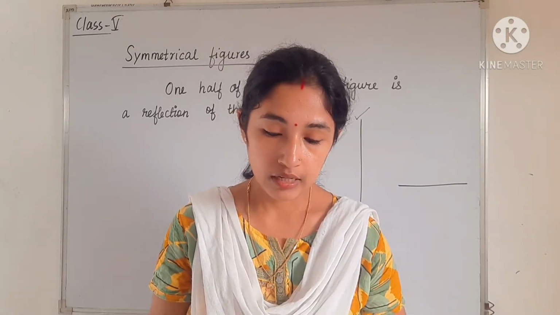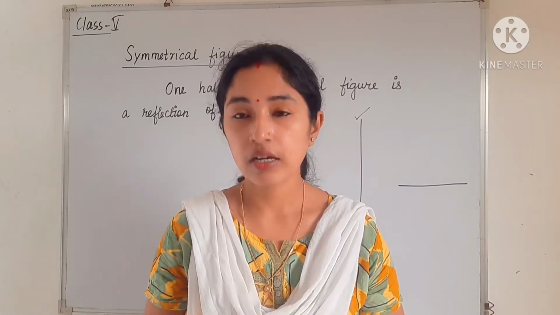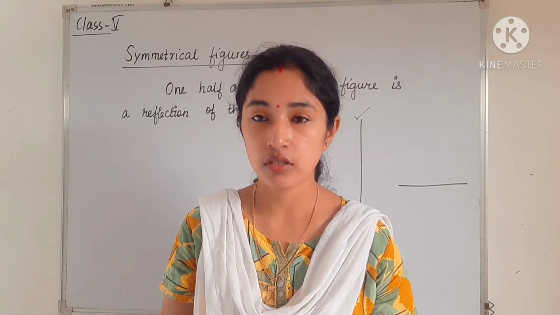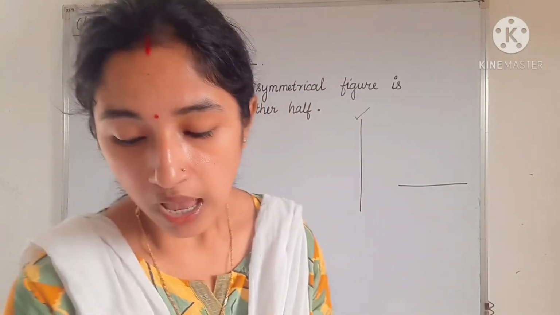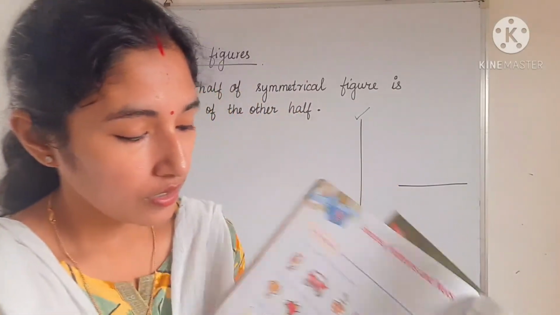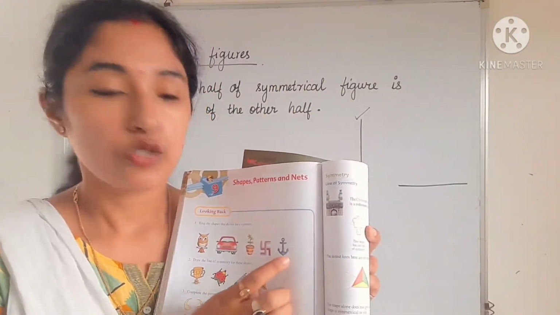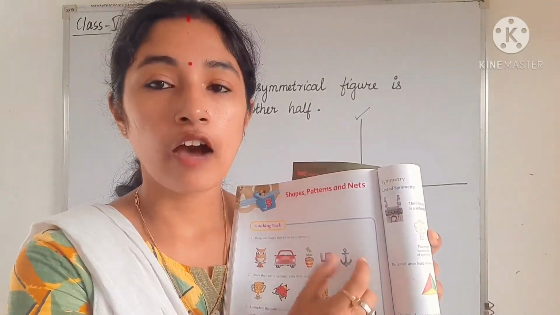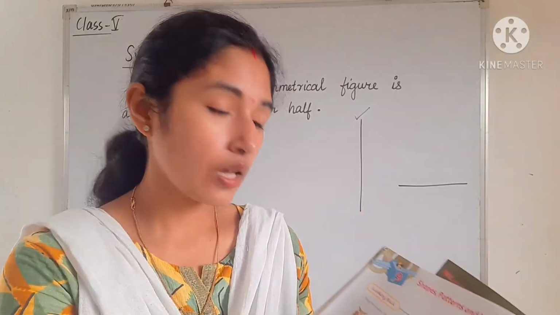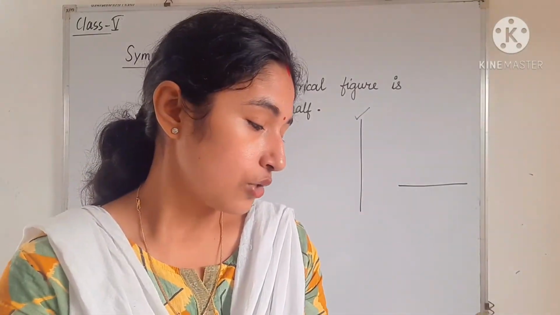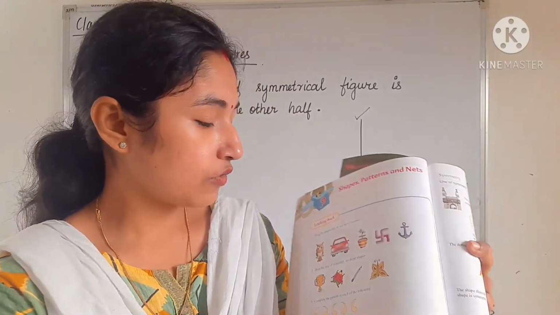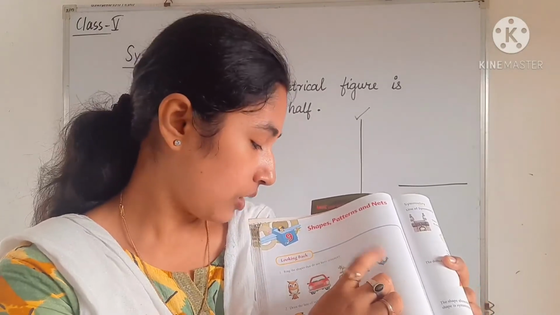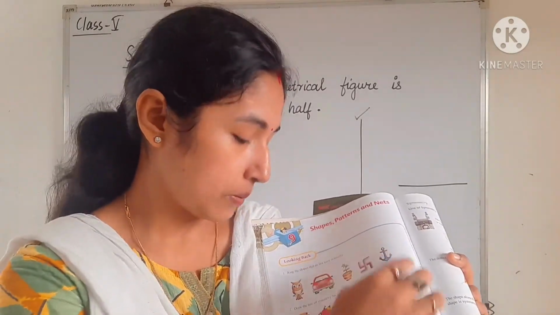Next is a symbol. In this symbol also we are not able to draw the line of symmetry, because in this case also the halves will not be equal. And in the last one, the symbol of an anchor, you can see here, when you draw a vertical line, one half will be exactly the same as the other. So in this case you can draw the line of symmetry. So which ones have a line of symmetry? The owl, the car and this anchor shape. So you have to circle these shapes.